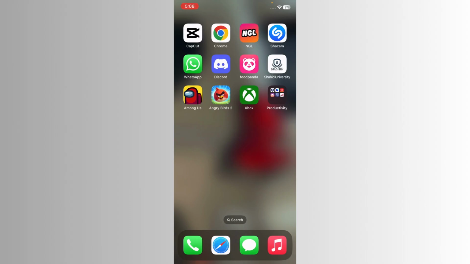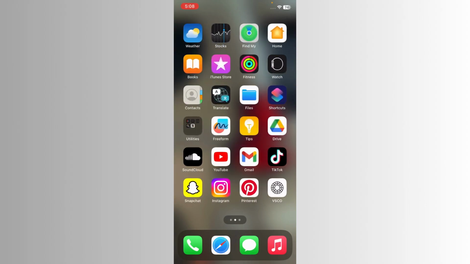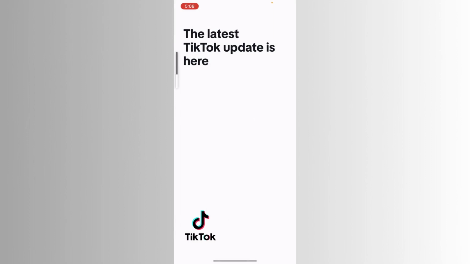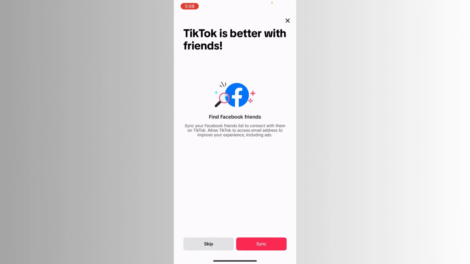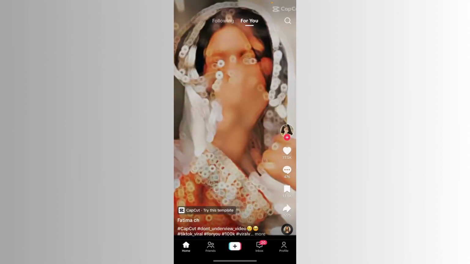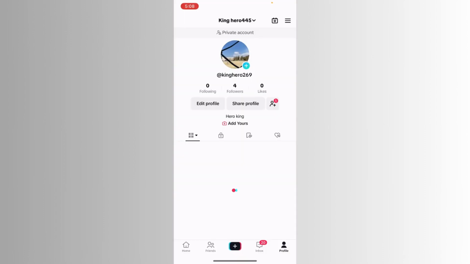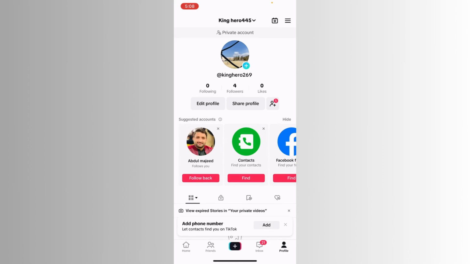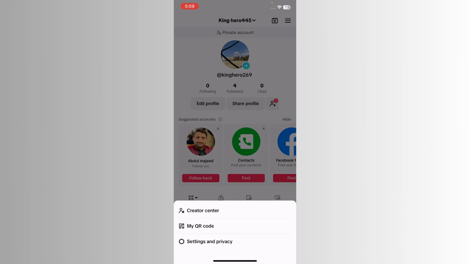First of all, you have to go to TikTok. When we go to this app, skip everything because the account is pretty new, and just go to your profile. When you're on your profile, you've got the main stuff right over here. You have to go to those three dots at the top right corner. When you click there, you get three options, but you have to go to Settings and